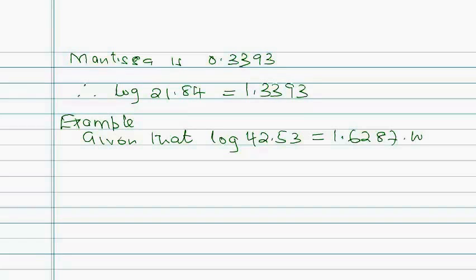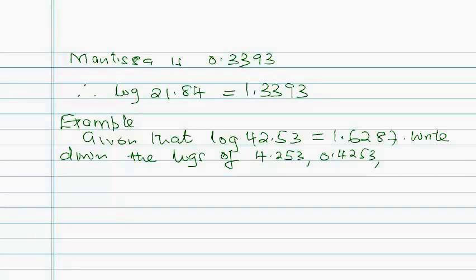Then you have been told, write down the logs of 4.253, then 0.4253, and then 0.04253. We just want to have the solution, and what we need to do is to make a table to